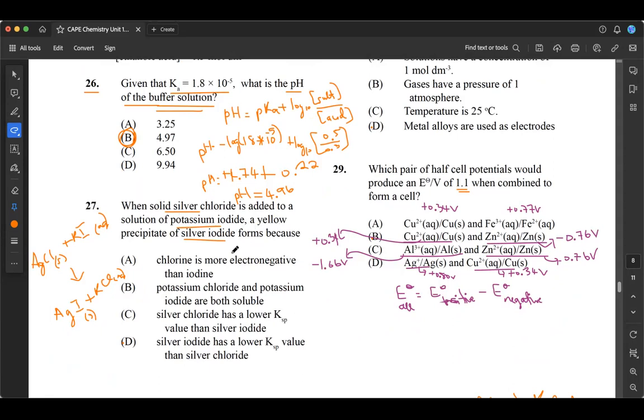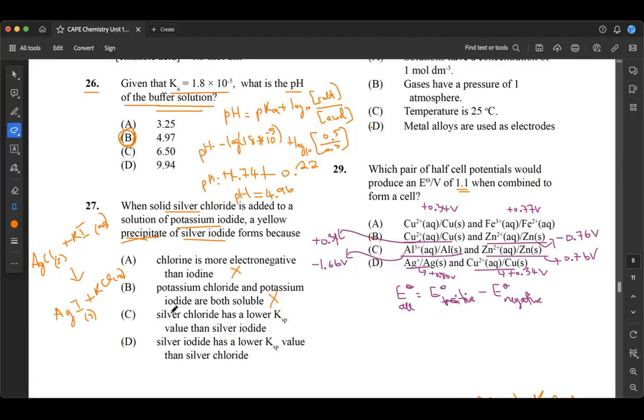So, is it because the chlorine is more electronegative than iodine? That's not why. Electronegativity doesn't really have anything to do with precipitation per se, right? So this one is not correct. That's not the reason why we have a precipitate forming, right? Potassium chloride and potassium iodide are both soluble. Well, yeah, they're soluble, but that has nothing to do with why we see a precipitate in the case of